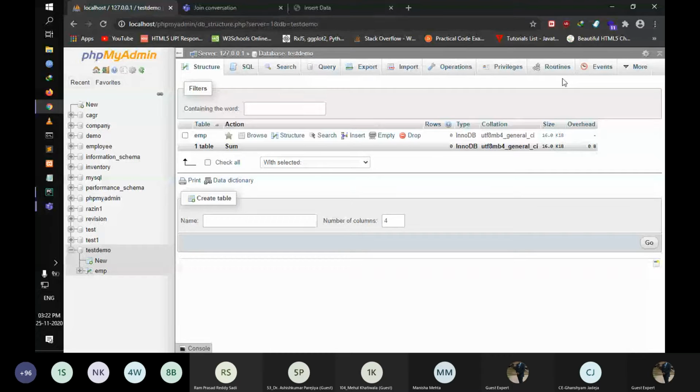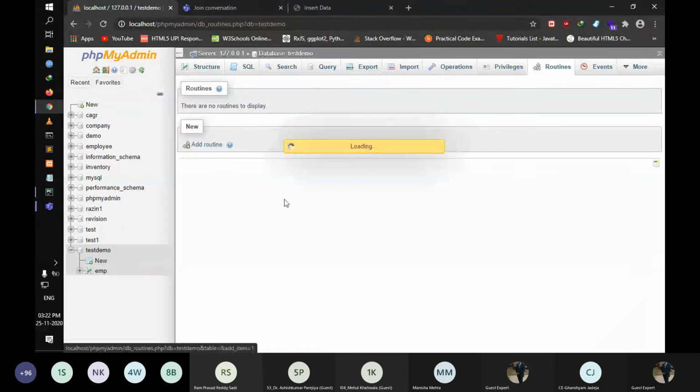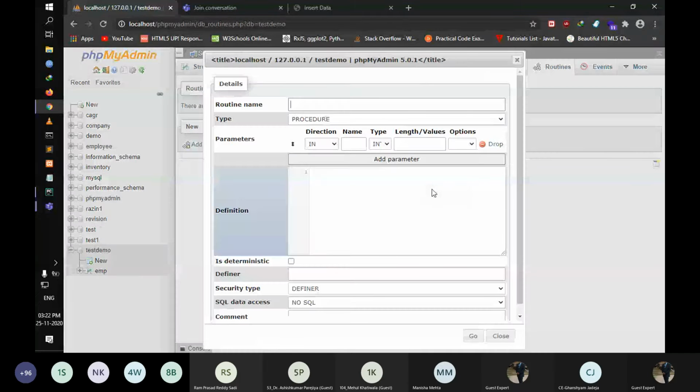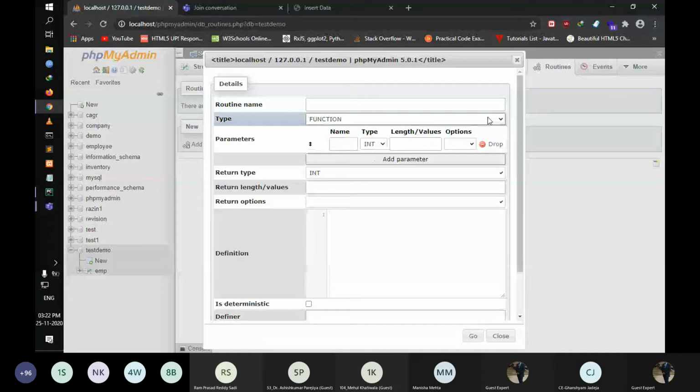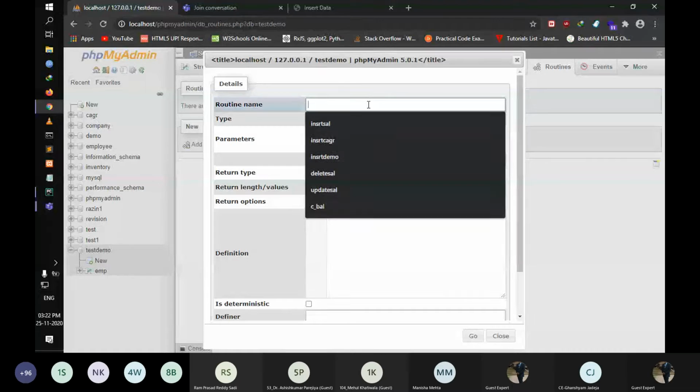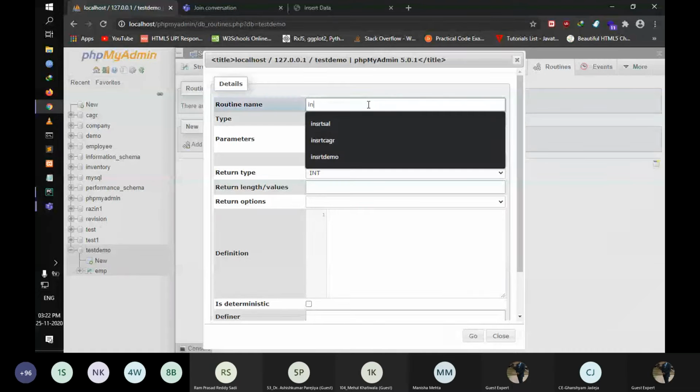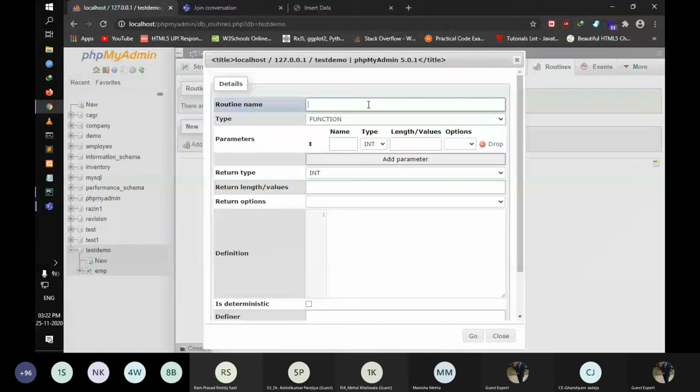So we go to the database name. You go to routines and add a routine. From here we can select which one we want, a function or a procedure. Write the routine for GST, with x as the parameter and a return value.